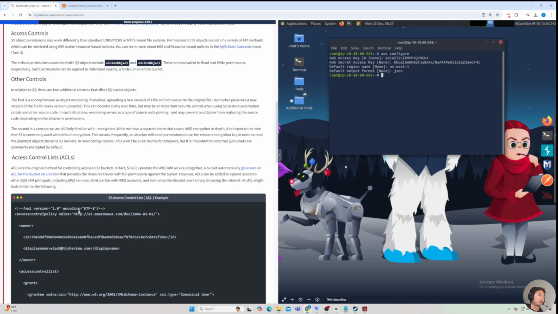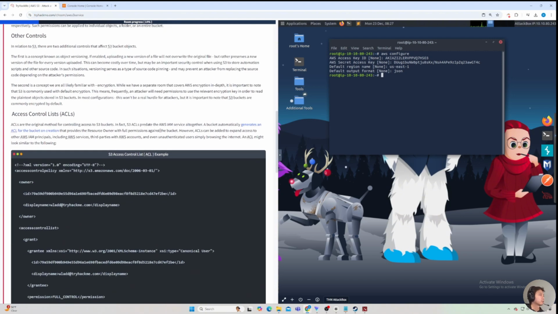Access control lists, or ACLs. ACLs are the original method for controlling access to S3 buckets. In fact, S3 ACLs predate the AWS IAM service altogether. A bucket automatically generates an ACL on creation that provides the resource owner with full permissions against the bucket. However, ACLs can be added to expand access to other AWS IAM principals, including AWS services, third parties